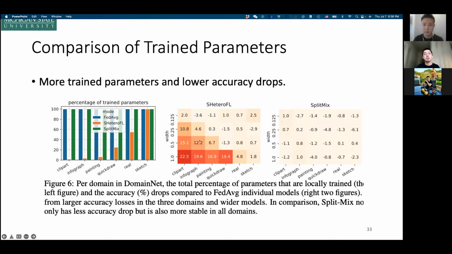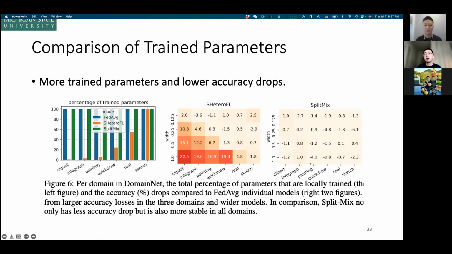In the first domain, they barely train parameters, so it's no wonder they fail in this domain. Their failure can be verified in the right two figures, where we compute the accuracy drop in each domain with respect to the fully trained network. Because in the clipart domain a lot of parameters are not trained in the hetero baseline, the full-size network suffers from a 22% accuracy drop.